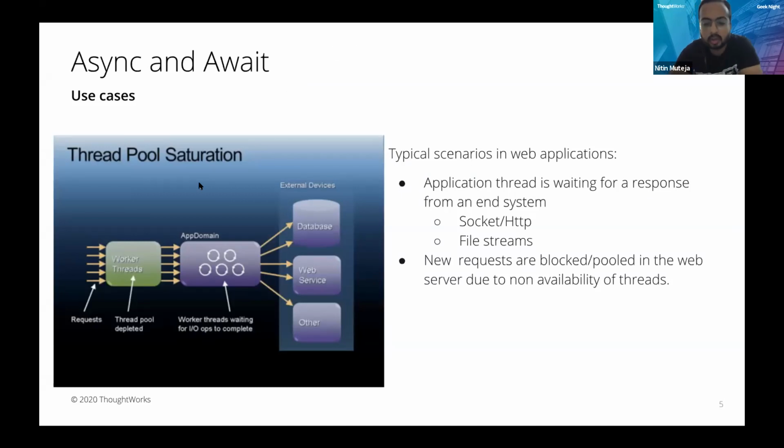So I'll quickly talk about some of the use cases for asynchronous operations. Let's talk about a use case in web applications. There is a web application, it's receiving numerous HTTP requests. And all of your threads are busy waiting for a response from, let's say, a database or an external web service, or a file system. In that scenario, if there are new requests coming to your web server, those requests would be blocked because there would be no new thread available to cater to that request, and most of your requests would also start timing out.